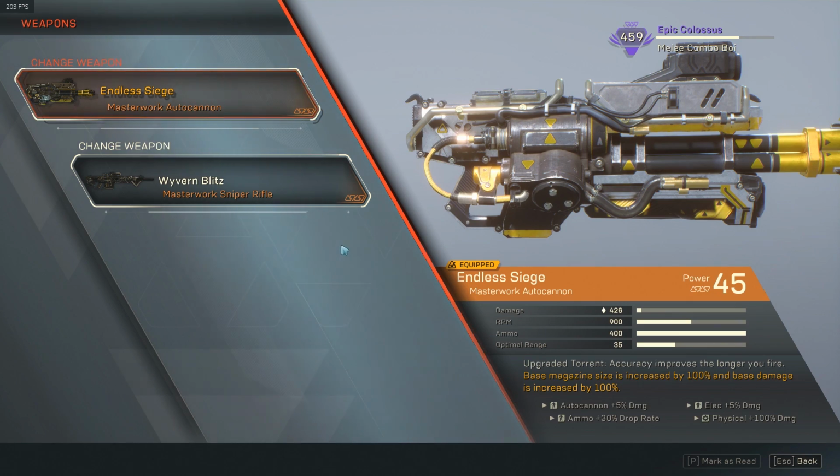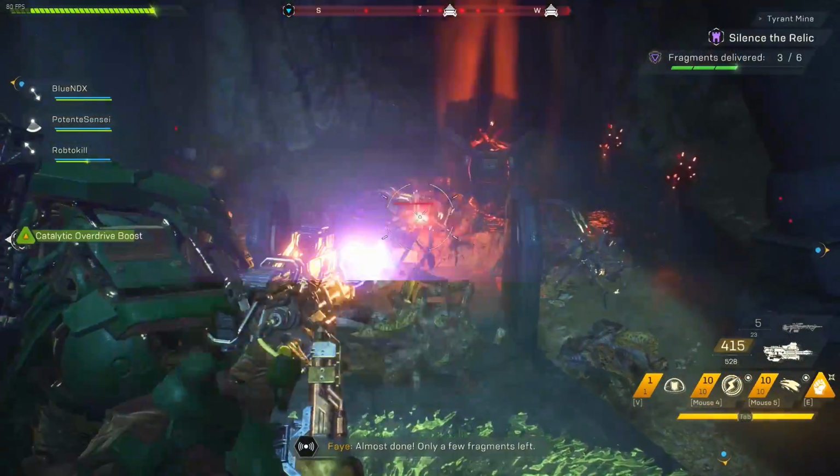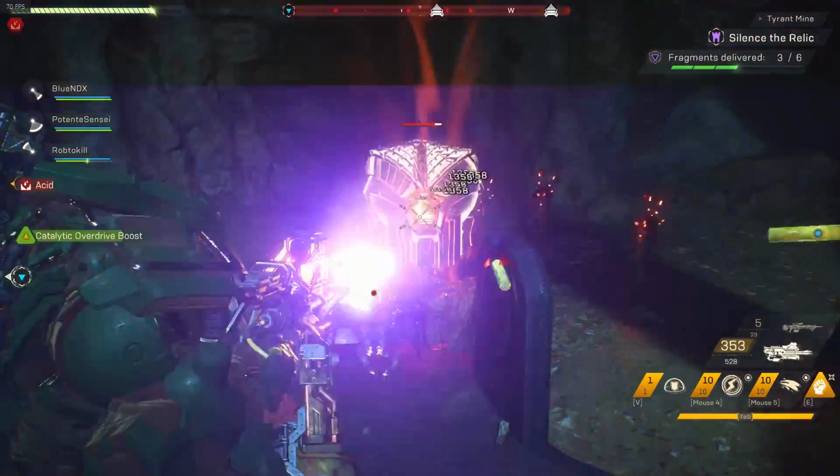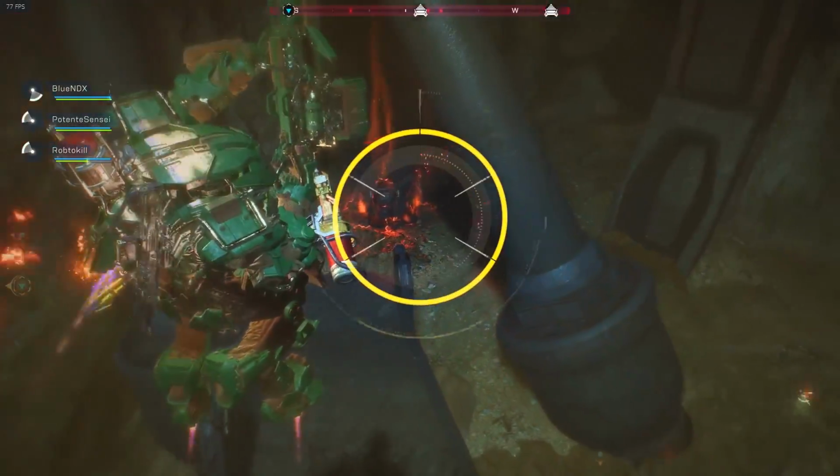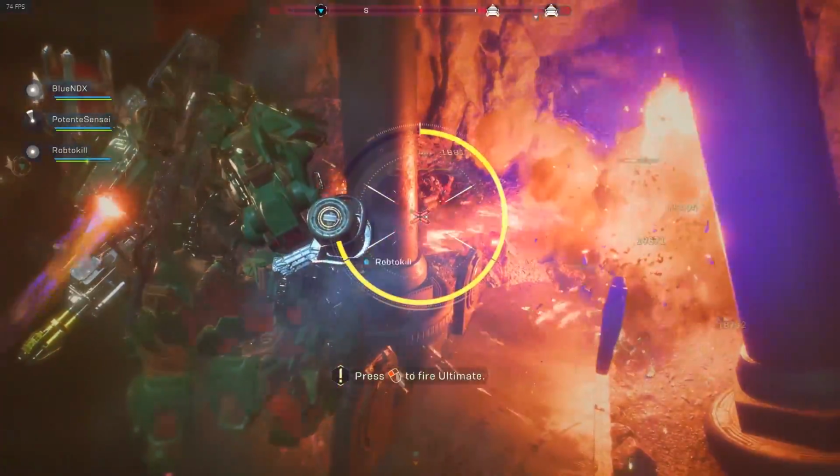As far as the weapons, I'm using the Endless Siege and the Wyvern Blitz. I've made a bunch of both of these weapons so I can get better inscriptions, and these are the two best versions I got for this build at the moment. My Endless Siege has auto cannon plus 5% damage, electricity plus 5% damage, ammo plus 30% drop rate, and physical damage plus 100%. Auto cannon damage is good for the weapon itself, electric is good for my shot coil, and